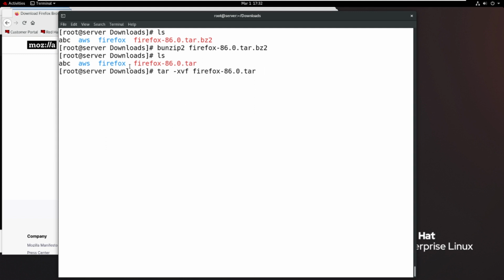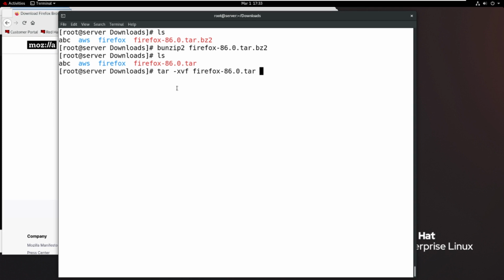After extracting, you have a folder. Go inside the Firefox folder, then find an executable file and run it. Then you are able to get the Firefox browser. But I will tell you how to install Firefox, and how to install Git, Jenkins, FTP server, and DNS server in later sessions. But here please understand how to compress the files, how to uncompress the files, and how to take backups with the help of the tar command.